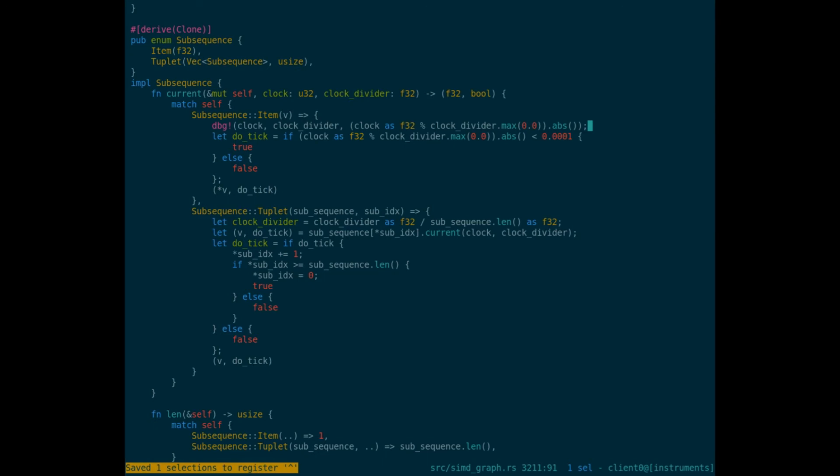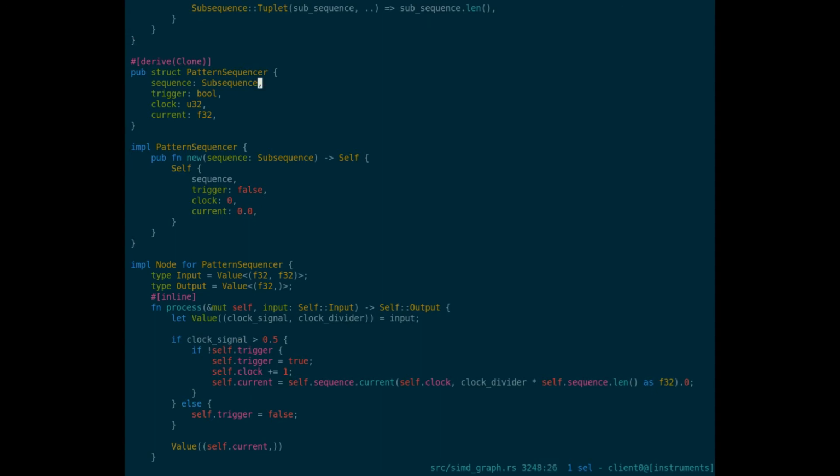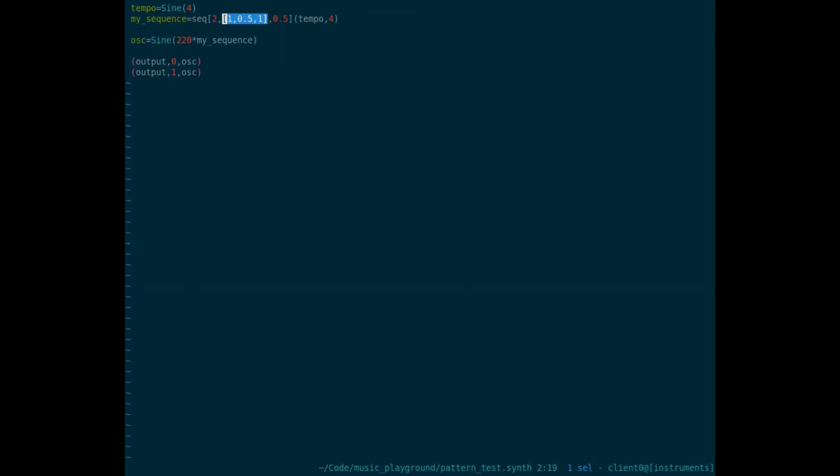Whatever. I just gotta figure out how to do it again. Okay, so to do the clock multiplier, first off, let's think about what this now looks like. Now I'm just not going to have that. I'm going to say that by default, the outer sequence, the outer tuplet, will advance every tick. So like this. And then the inner sequence will advance